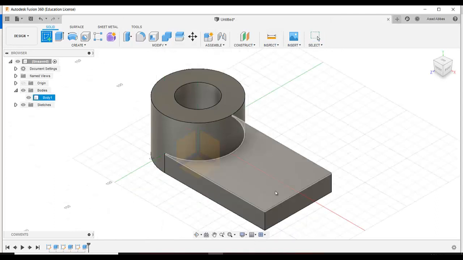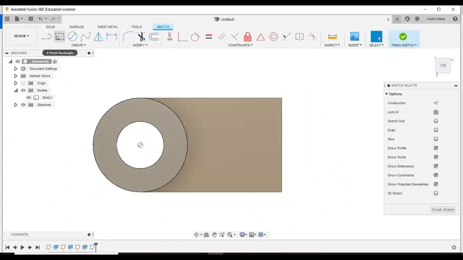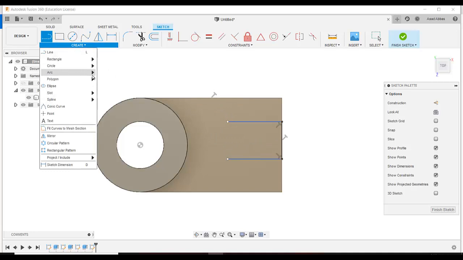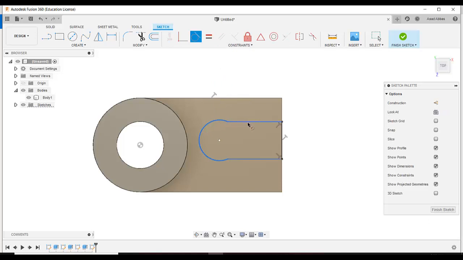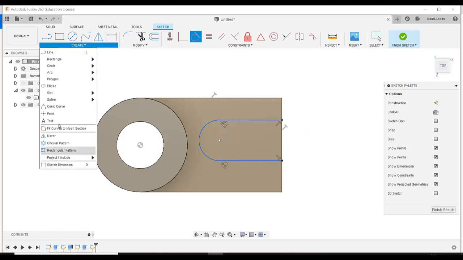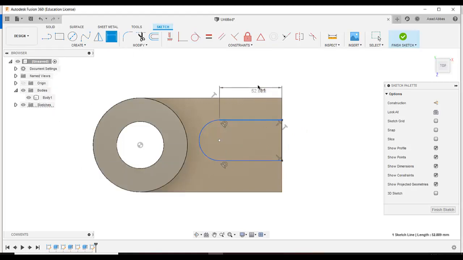Create sketch, I want this sketch on that surface of the model, and then I just draw a line like here, a line from here, a line from here, and click OK. And then I'm going to add a 3-point arc, select this point, and make it like that. And then I'm going to add a tangent constraint between this and this. And now I needed to add the dimension. So this dimension, make it 30,